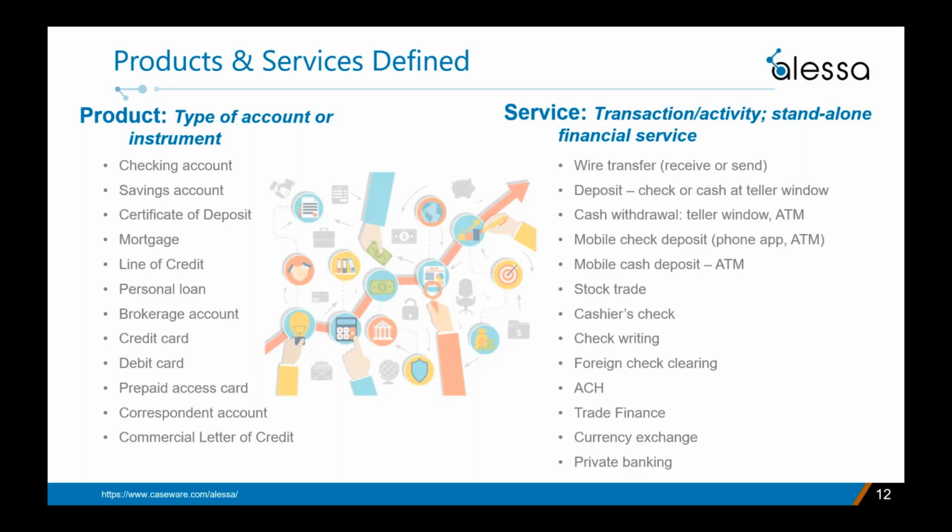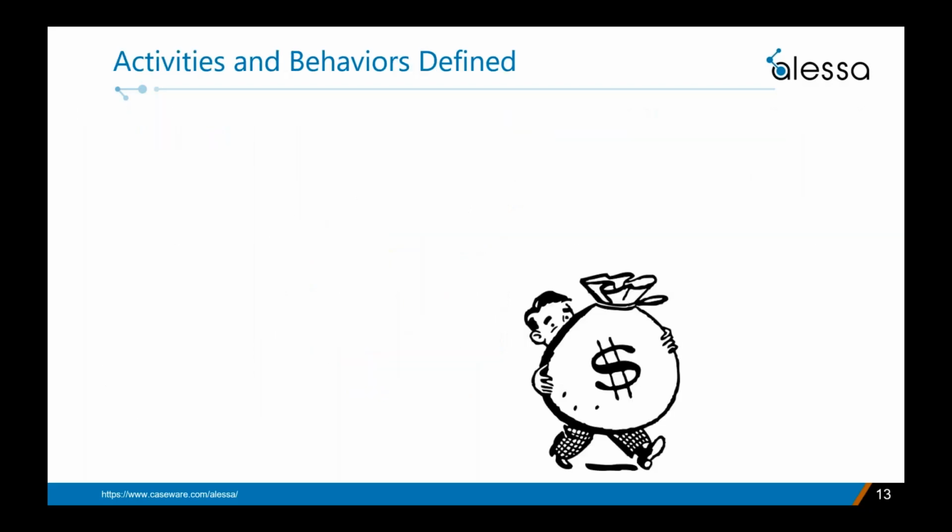and so forth. Now, a service can also be a standalone financial service, such as trade finance, or say issuing a cashier's check in exchange for cash, or even foreign currency exchange. So in some cases, a service may not require the existence of an underlying product. So now what do we mean by activities and behaviors? Well, they sound a lot alike, and they are, but with some subtle nuances. In essence, activities are the use of services. And hopefully you haven't forgotten the definition of services we just mentioned.